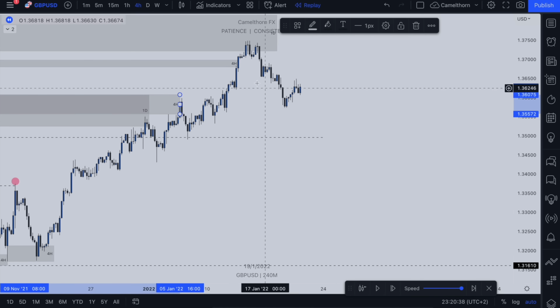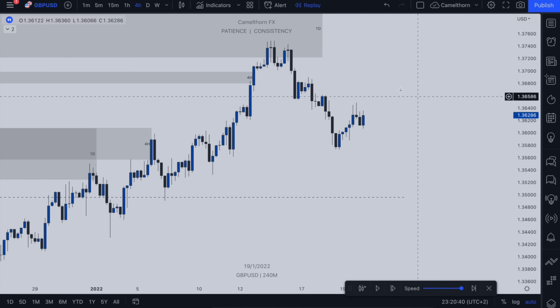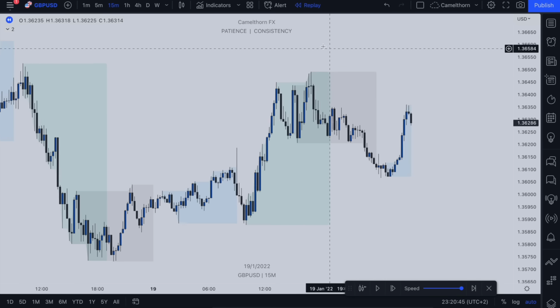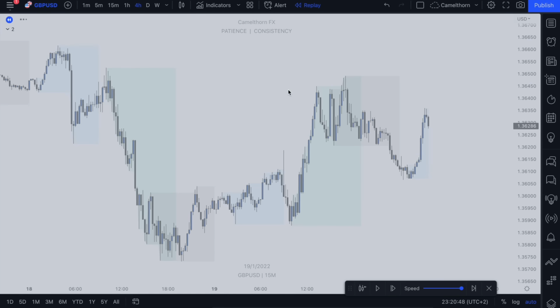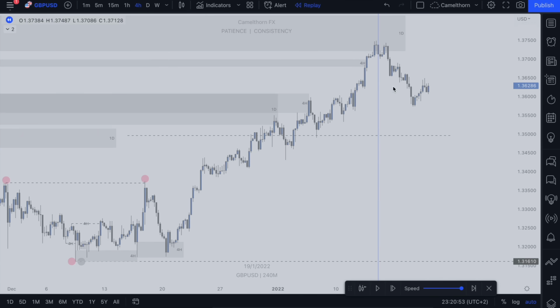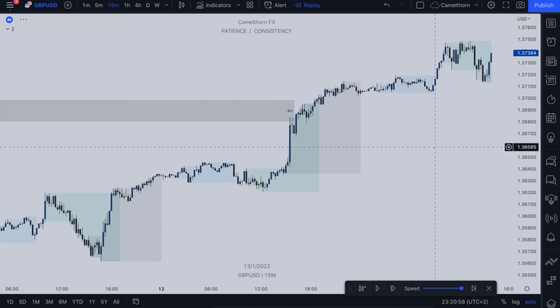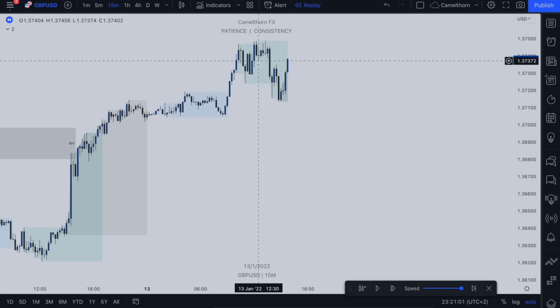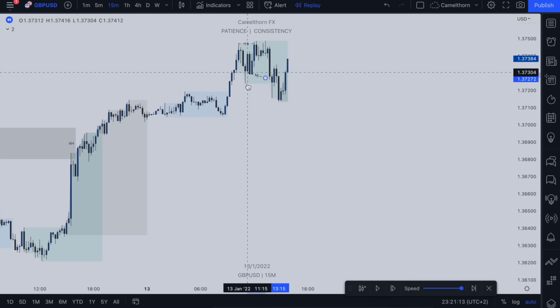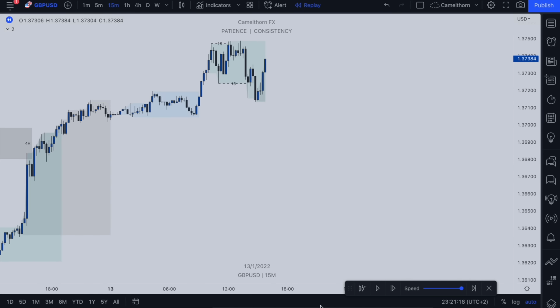So once you come into here, it's the same thing. You're looking for price action on your 15-minute chart now, because we have now tapped into, let me just quickly jump back out here and pull back price to around about there. Once we drop down to the 15-minute, all we're looking for is a 15-minute change of character, and it actually looks like we have a nice 15-minute change of character in here. You're just looking for a 15-minute change of character within a 4-hour or a daily zone, and then you want to look for